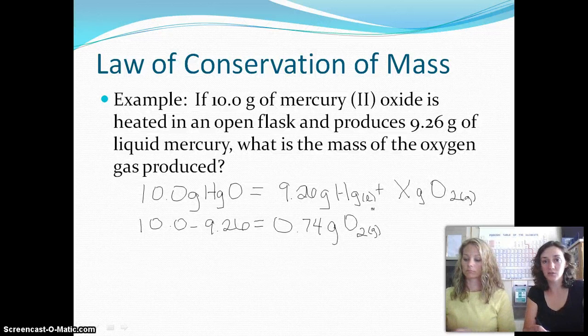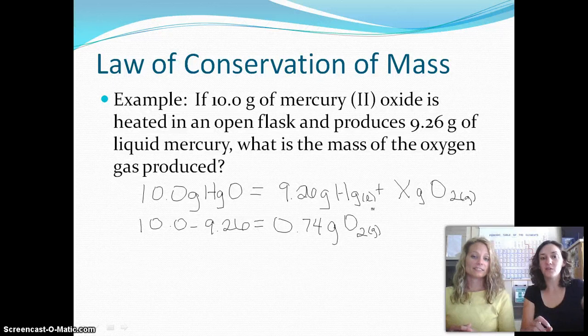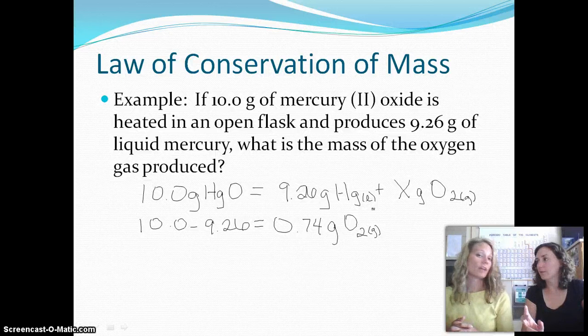Okay, so that's really easy. This is the easiest calculation you'll probably do in this class. Aside from partial pressure. Yeah. Okay, so if you have questions on this, we will do more in class. But this is all of sections 1 and 2. Okay, so we will see you next